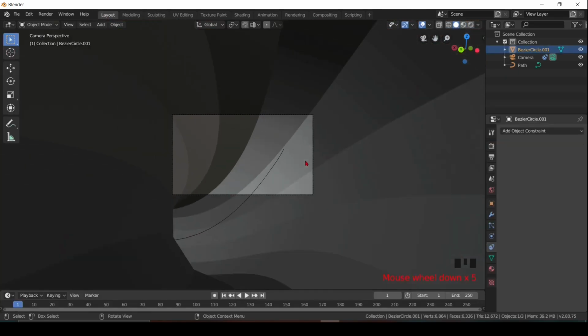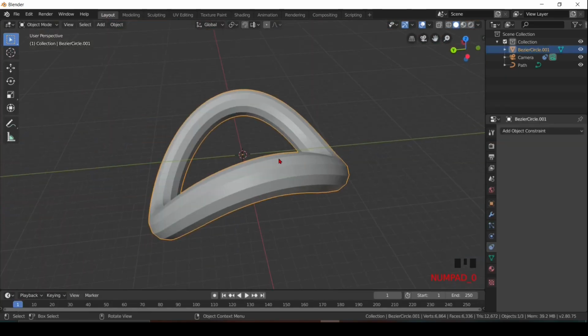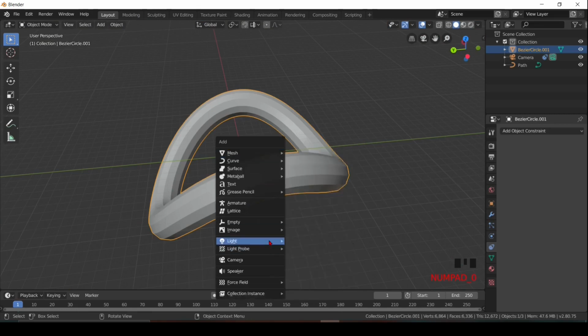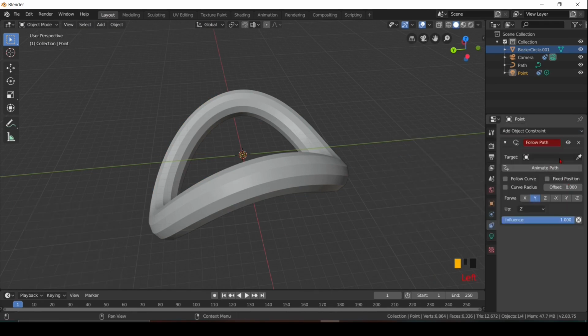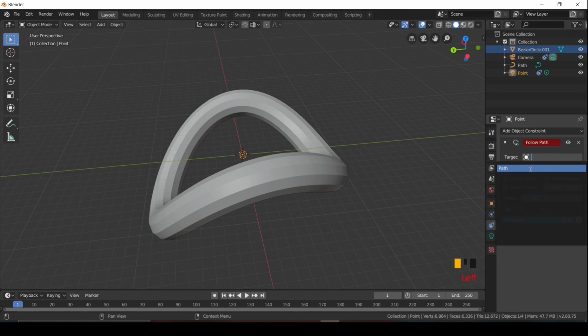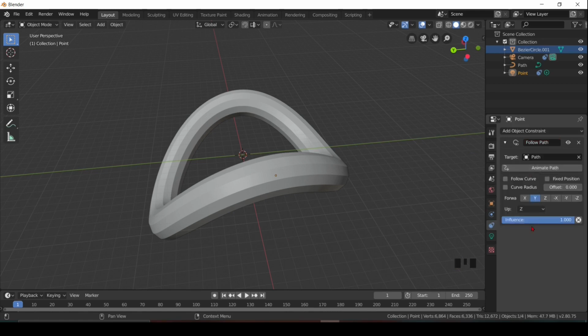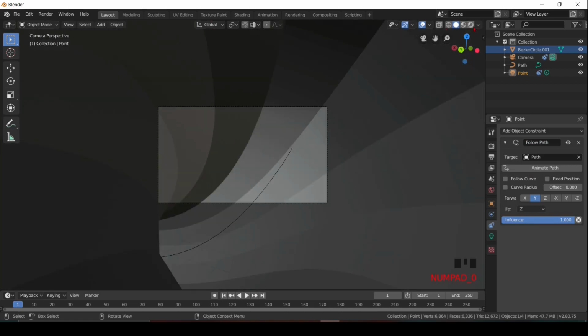Come back to the layout by pressing layout and add light. Now again go to the pin icon and add follow path. And in target select path. Press 0 and go to the render view.